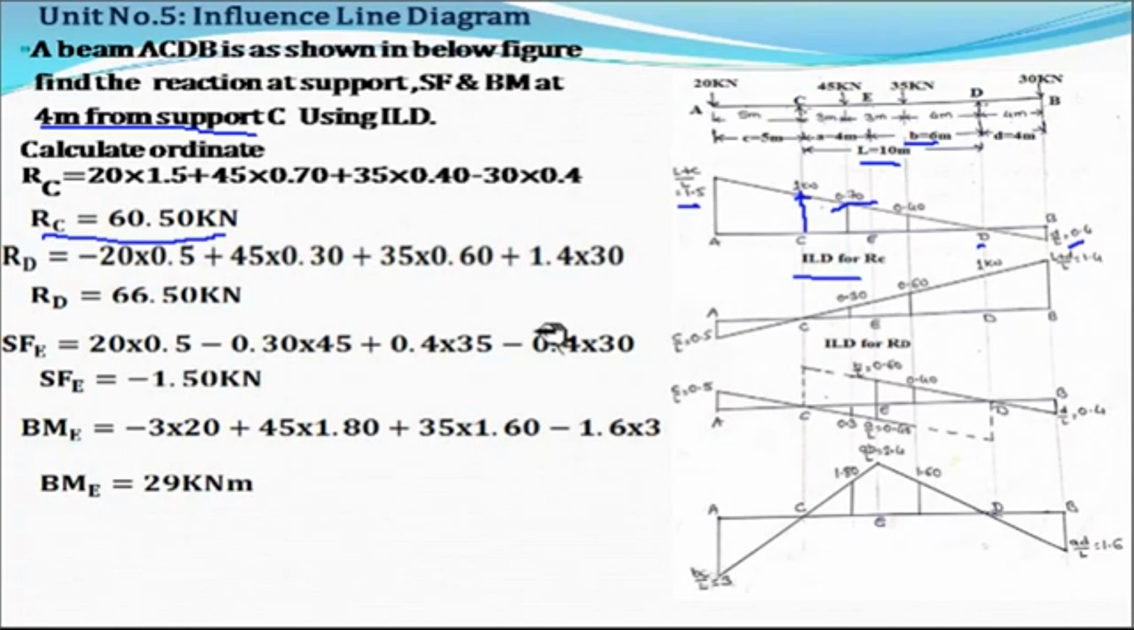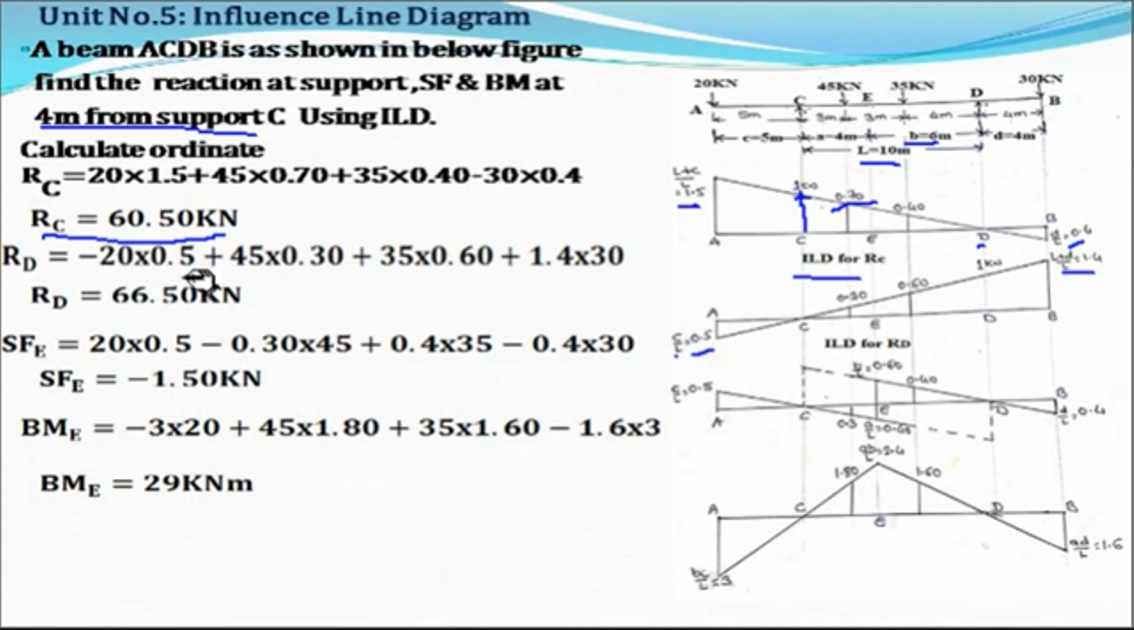Okay, now next is the reaction at D, reaction at support D. Okay, first draw the influence line diagram for simply supported, extend it for the overhang portion, find out these ordinates. Okay, already we know this value C by L and L plus D upon L. Okay, now find out the ordinate below the point load. Okay, after finding out its ordinate, okay, now here the ordinate below 20 kilonewton is on the negative side, so